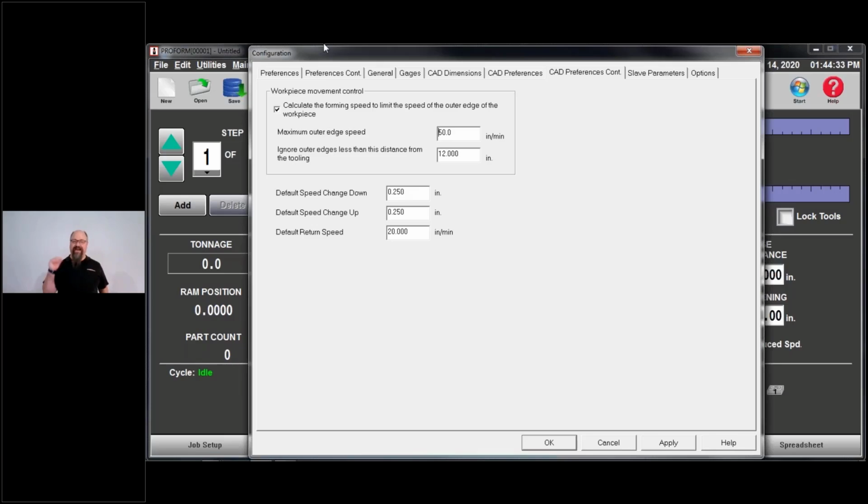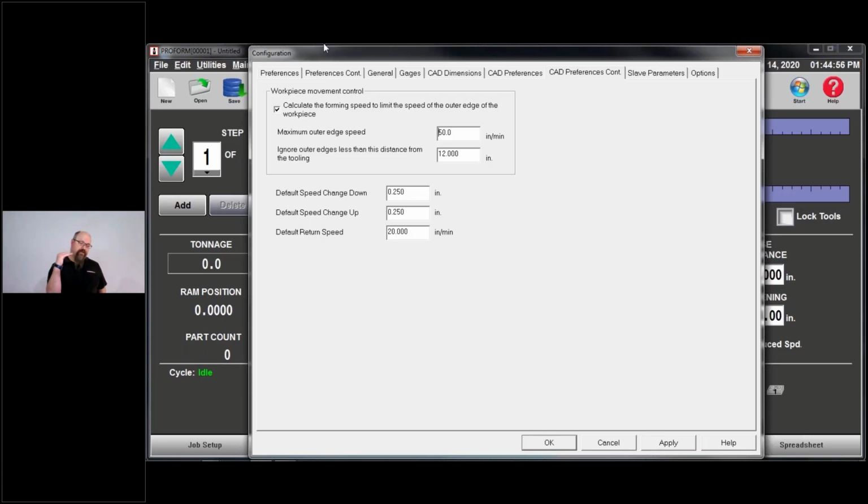What I find is that that's the default value for all of our machines, whether you have a laser guard or a light curtain. The problem is the light curtain mute point is going to default at 1/4 inch, which is different from the speed change. So the mute point happens at 1/4 inch, but the speed change happens 1/8 inch above that.